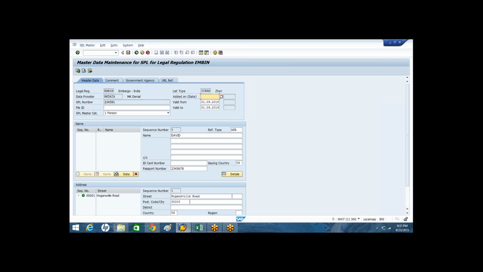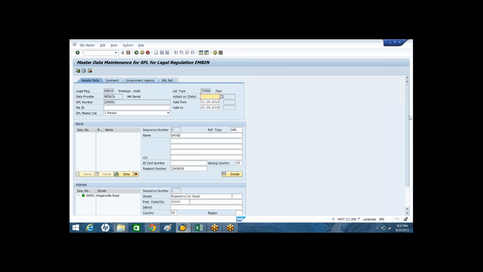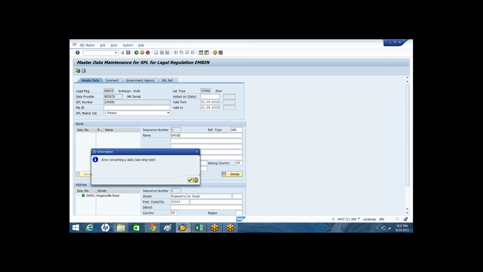I gave the new number to the SPL, and I defined the name and address details for the SPL member. So whatever information you would like to add, you can add all of it to this SPL member, and then you can save the SPL record.